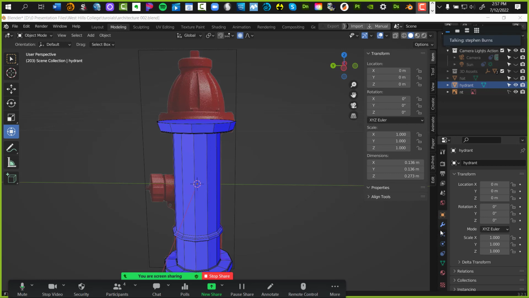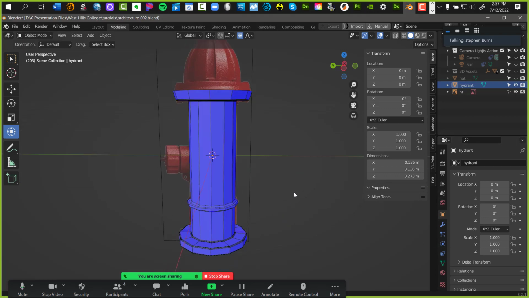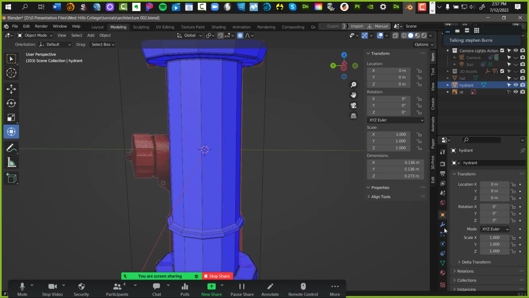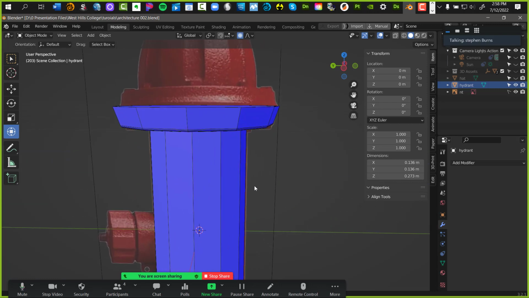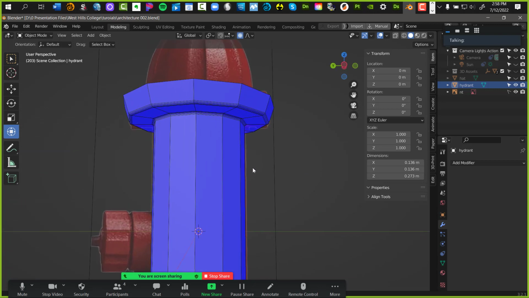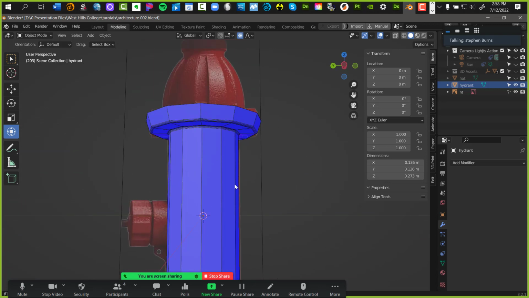I'm going to have my hydrant selected, and then right below the hydrant is my properties, my 3D objects properties, and this blue little wrench represents your modifier. All I'm going to do is this. Watch me. All eyes up here.